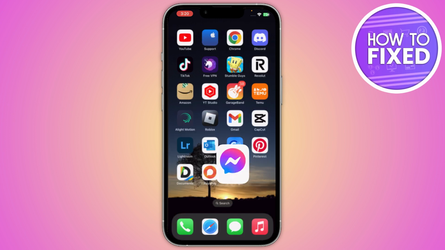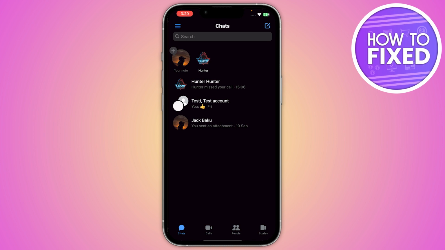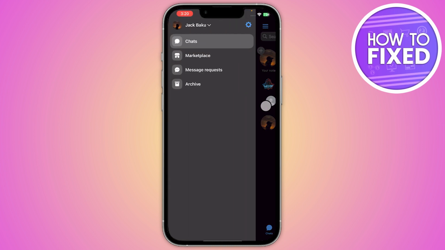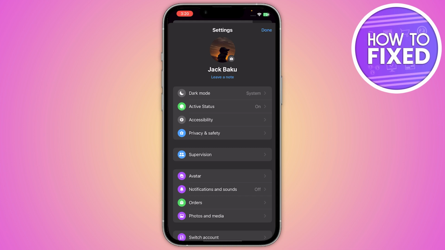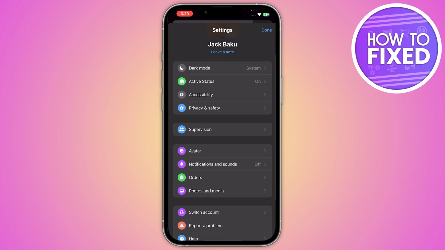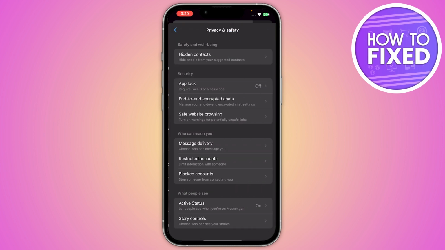So first of all you have to open up your messenger. So now once you are in here, in the top left corner there is the three horizontal lines. You just have to click on it, and from here you have to click on this gear icon and go in the settings. So now once you are in the settings of your messenger, here is the option of the privacy and the safety. You just have to click on it, and here in the top there is the option